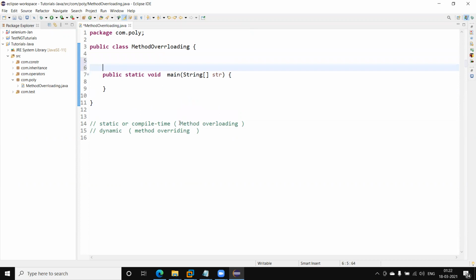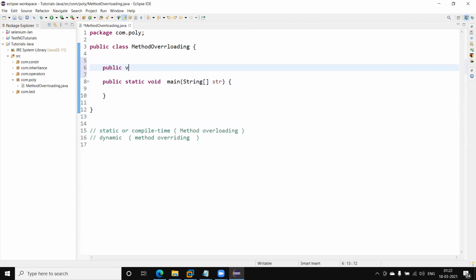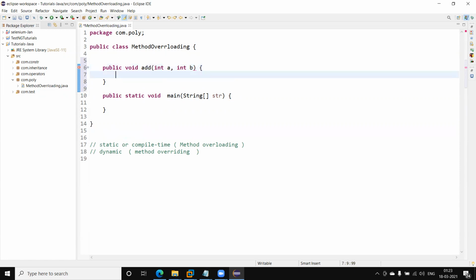Method overloading means we can create similar methods with the same name but different types of arguments or a different number of arguments. Like I am going to create a function, public void add, a plus b.